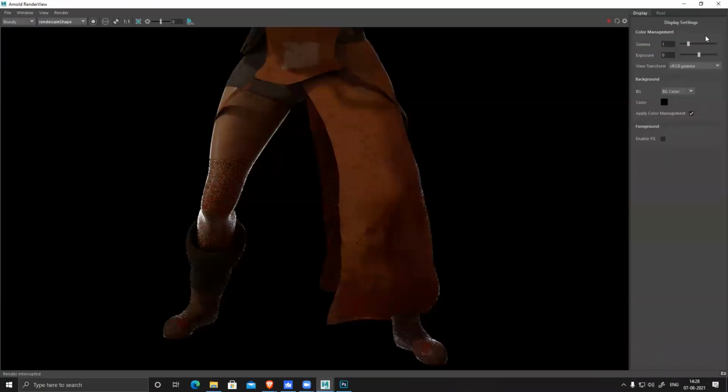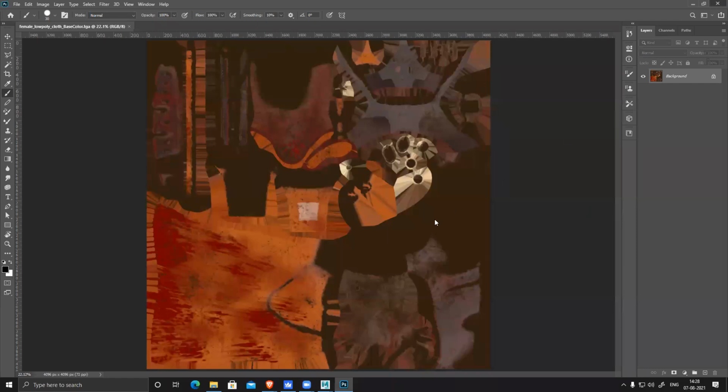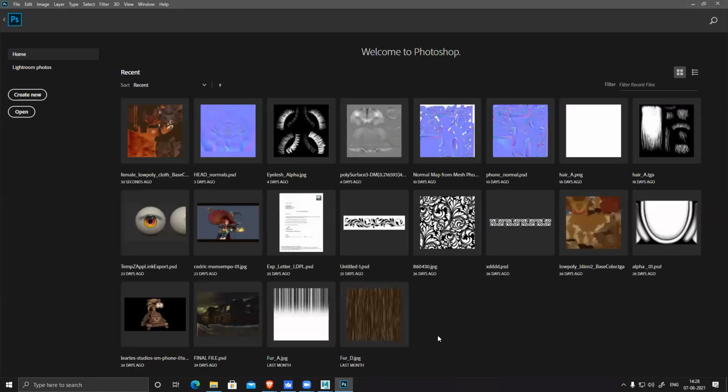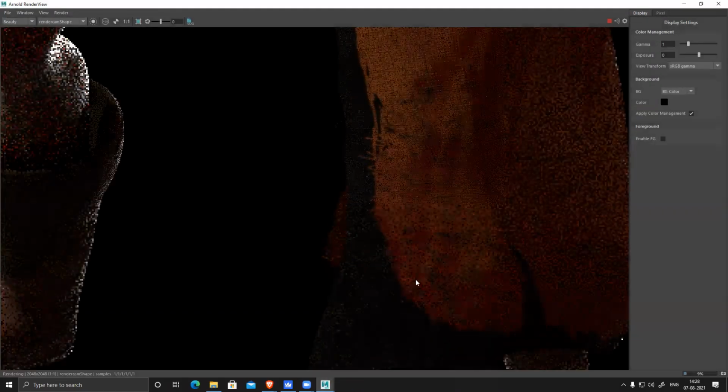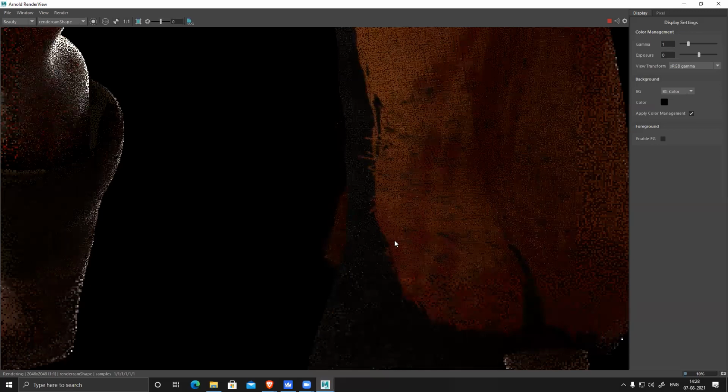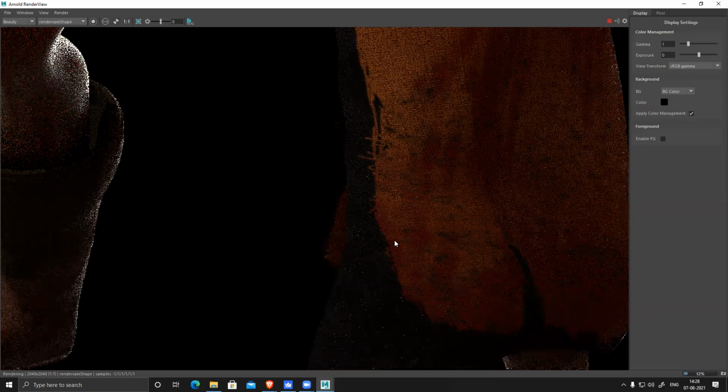Let's see. Okay, now it's working. I added this into diffuse, now it's working perfectly without any problem.